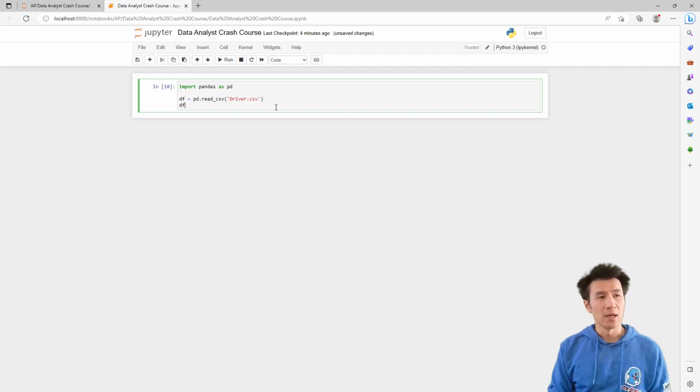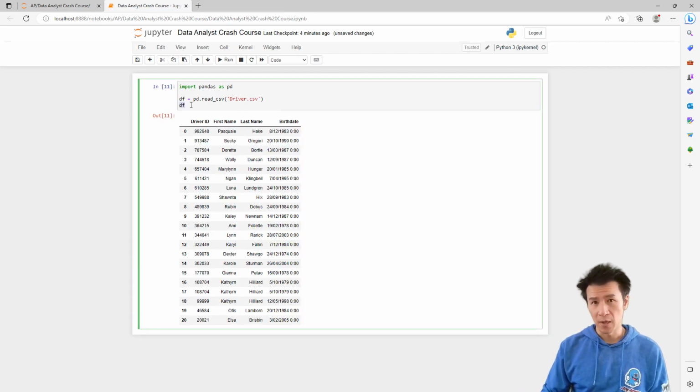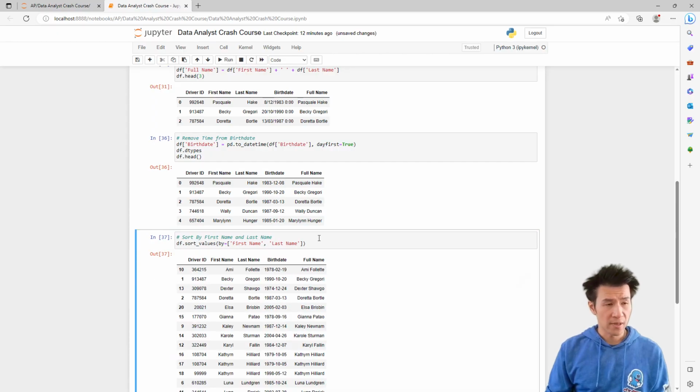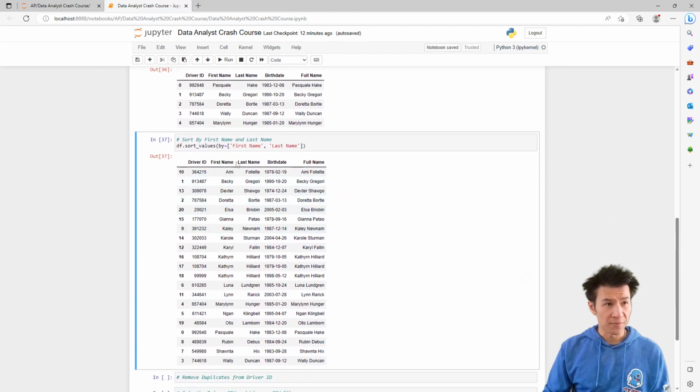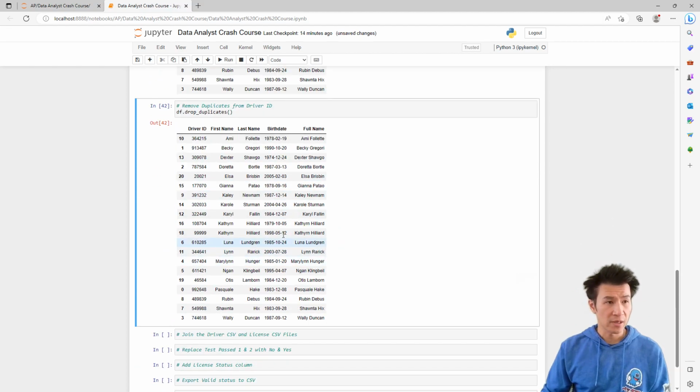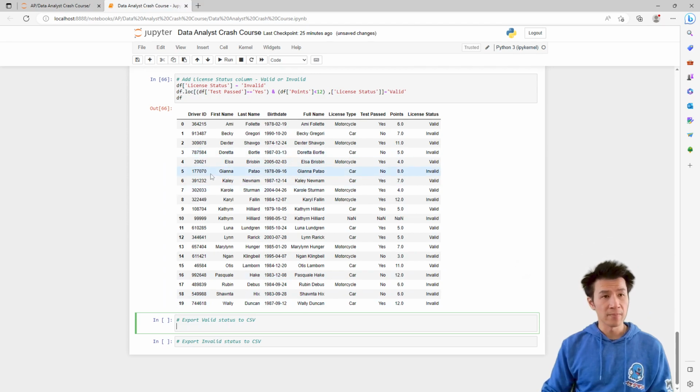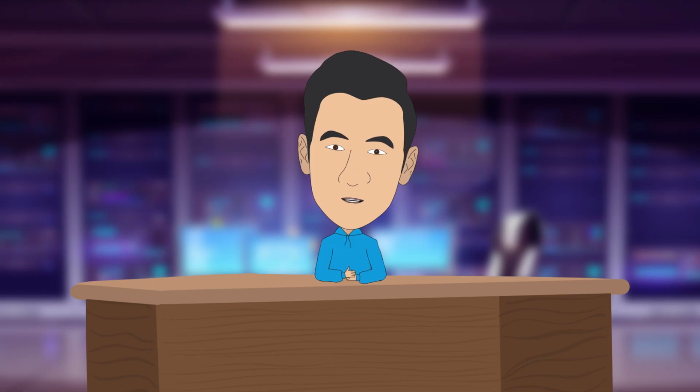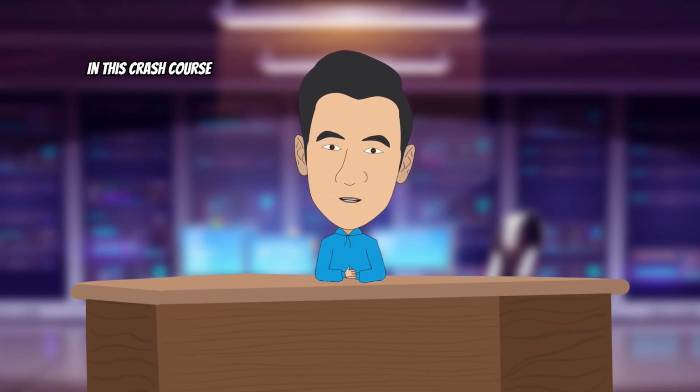You can use Pandas to query data like you would with SQL, and you can use it for data analysis like you would in Excel and VBA, like doing sorts, filters, remove duplicates, and formulas. It's an amazing tool to learn, and this video is a quick crash course on the basics of Pandas, where